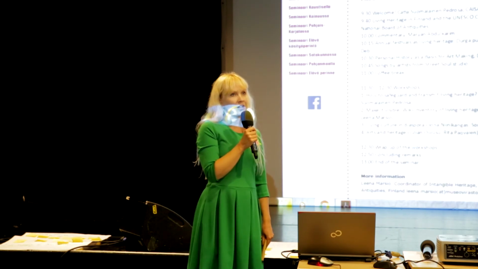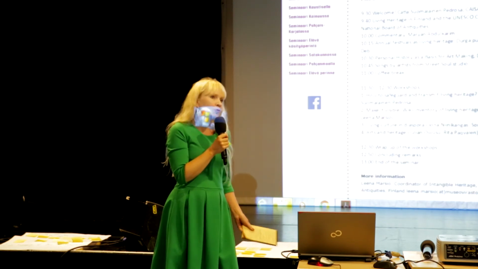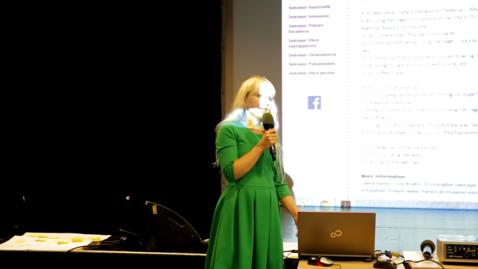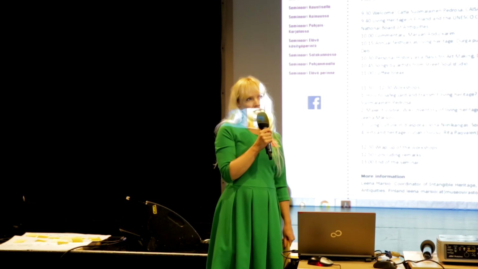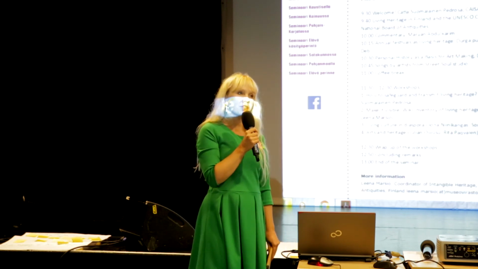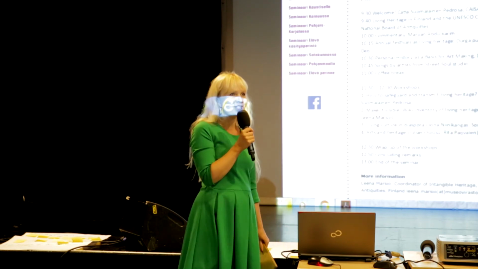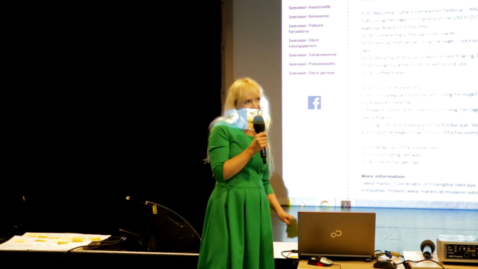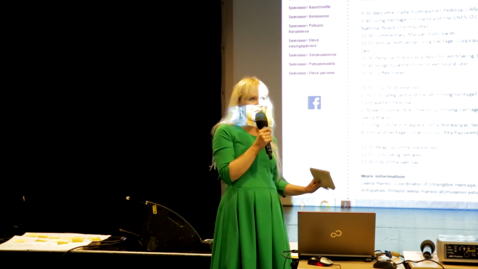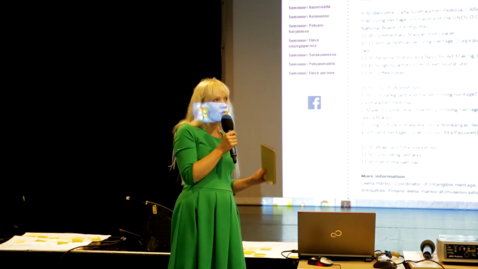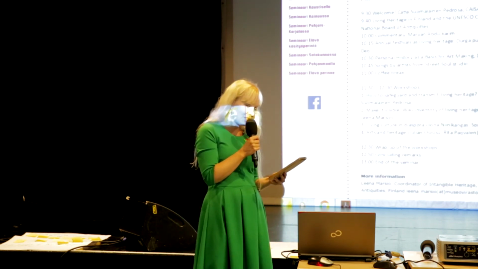I think that both the UNESCO convention and the inventorying, not the cataloging, but inventorying, should be taken as tools. It's something that we can use to raise awareness and make visible the traditions, and we need to take into account the diversity and also different views. Just to mention that in the wiki you can have multiple versions of the same thing. For example, Vappu, you can have, I don't know, 3 versions. Karelian pies is so far the only example where there are 2 different versions. But that is possible, so no one can own the tradition or say that this is the only truth. So this goes for the wiki inventory.